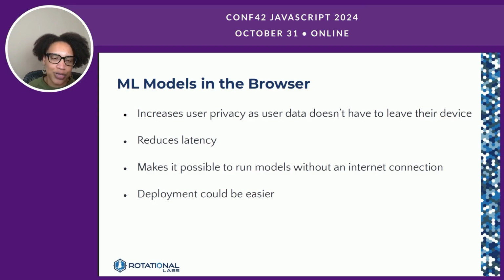Another thing that's pretty great about working with models in the browser is that it can reduce latency. Because again, you don't have to send the user's data or their information elsewhere and then get a response to then be able to provide them with whatever that response may be, right? If you're working with images, maybe you provide information about the type of image, or maybe you need to provide text about the image. Depending on whatever the response is, you don't have to worry about it then being